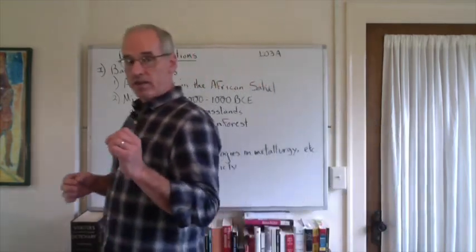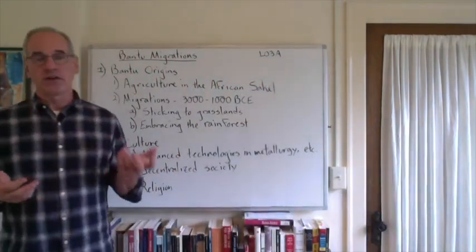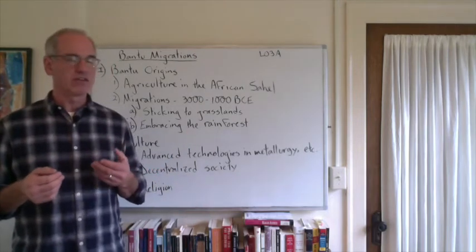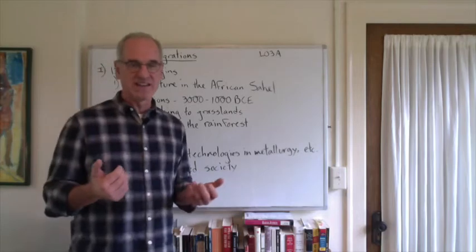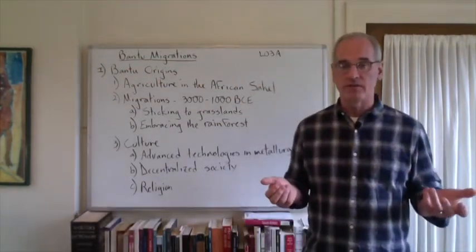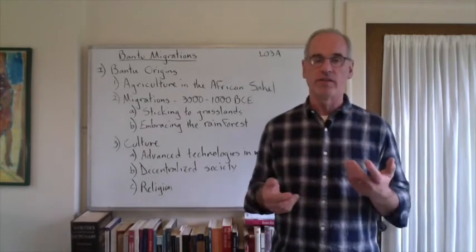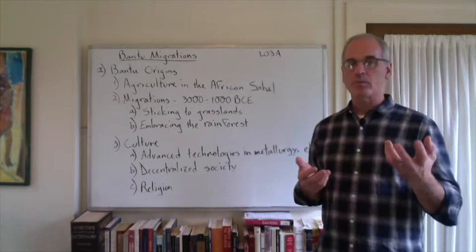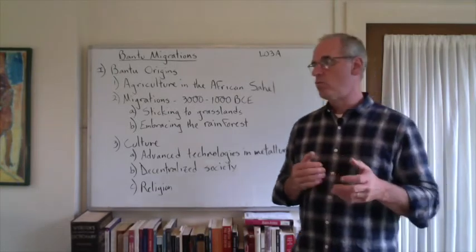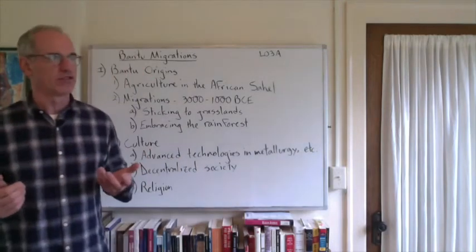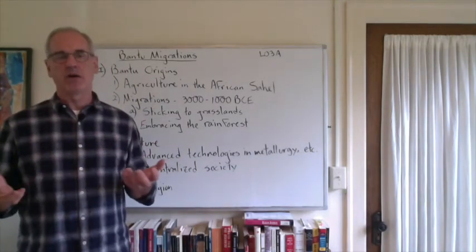Now, along the way, they're going to encounter lots of other peoples. There were lots of hunting and gathering groups who lived in various parts of Africa. And basically, when the Bantu peoples ran into them, they had a technological advantage. Well, they usually had a population advantage, but they also had technological advantages in that they had metallurgy and some other advanced technologies. And when they ran into these other groups, one of two things happened, and we're not really sure, and it probably varied from place to place.